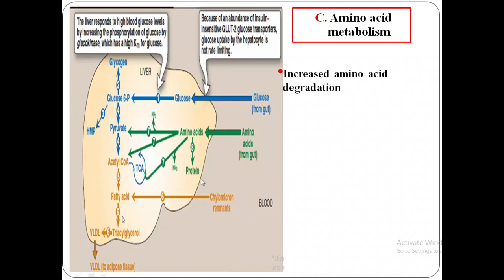The surplus amino acids are not stored, but are either released into the blood for other tissues to use in protein synthesis, or they can be deaminated, with the resulting carbon skeleton being degraded by the